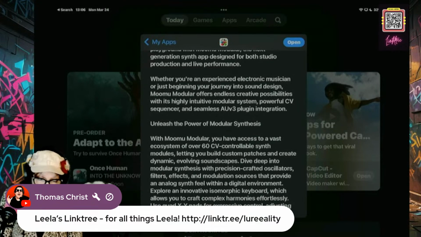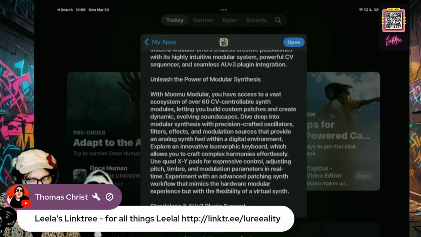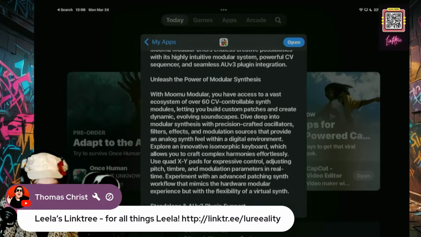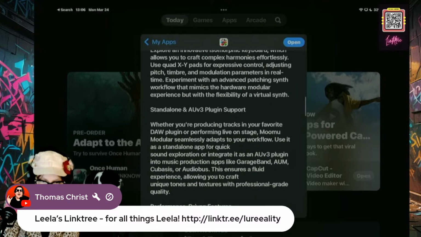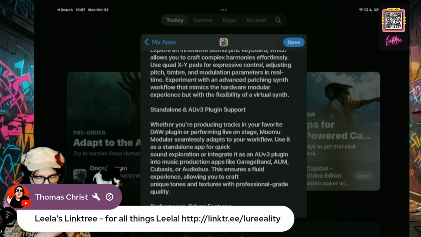Use quad XY pads for expressive control, adjusting pitch, timbre, and modulation parameters in real time. Experiment with an advanced patching synth workflow that mimics the hardware modular experience, but with the flexibility of a virtual synth. You can use it in a DAW with the AUv3, or by itself as a standalone.